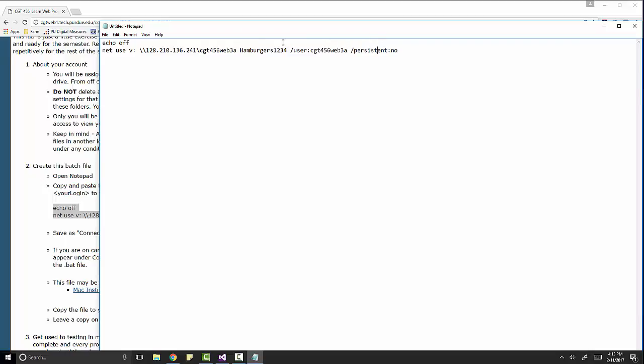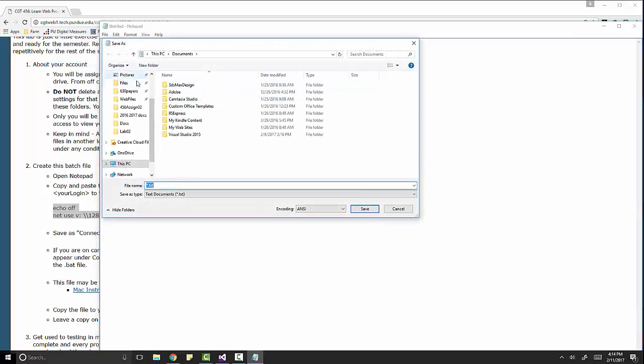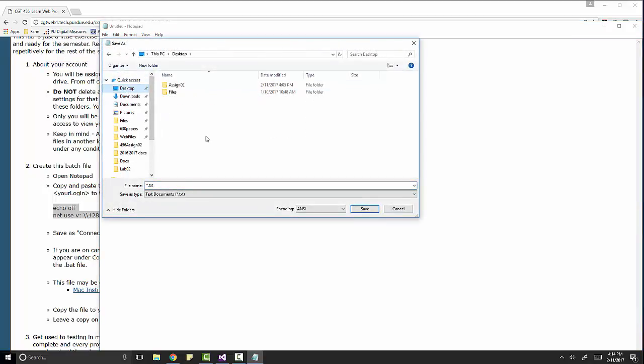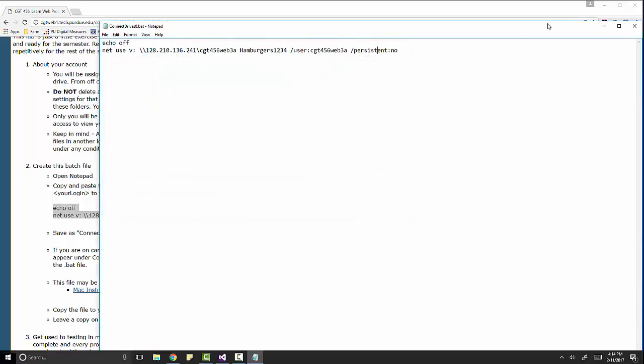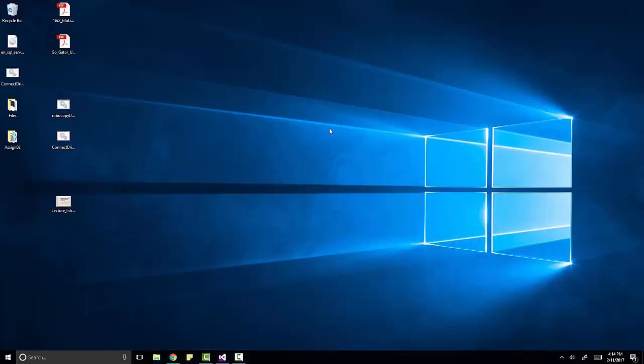Like that. Once you have that, you'll do a file save as. You'll want to save it to your desktop as well as to your H drive. And this is not a .txt file. This is a batch file that we will call connectdrives.bat. The BAT is for bat. And I'm just going to put a number there because I already have one called that. You hit save, close that,